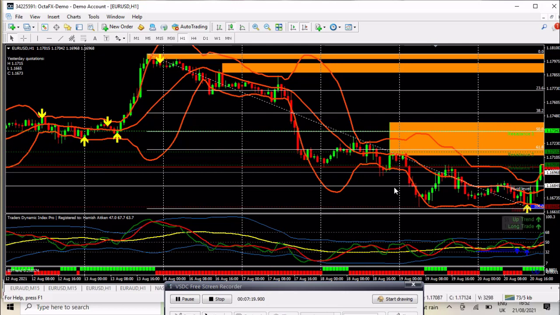Now, how do we combine all these things together? At this point, this trade is above the upper Bollinger Band. It actually broke out of the Bollinger Band. Until this point, this is a resistant zone, and we have the yellow arrow, then the TDI. At this point, every other thing is in agreement. So at this point, you can place your sell trade,